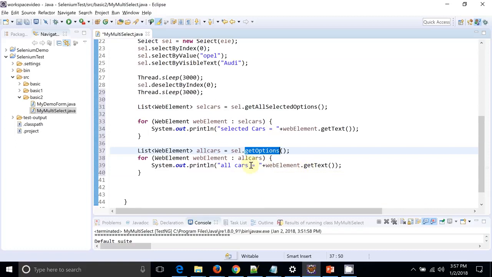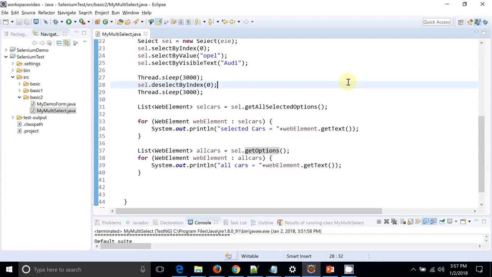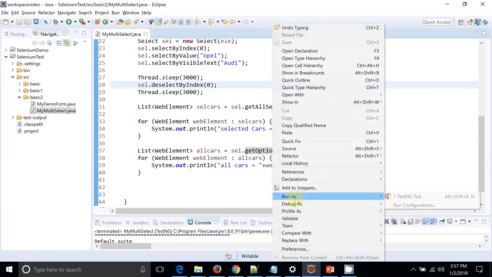So these things may be required for your verification purpose. There is one more option, getFirstSelectedOption. You can use that as well to check whether the operations that you have done actually happened on the UI or not. So let me run this and show you the result.